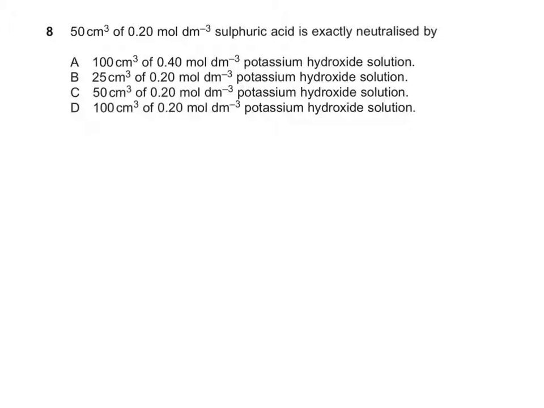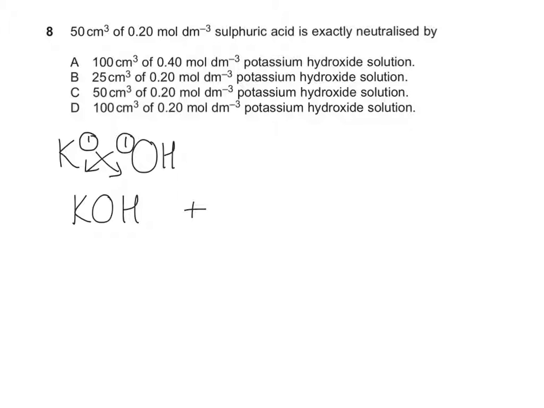So we're used to writing our alkali first, so our metal hydroxide first, so we will do that. So potassium hydroxide, if you need to do your swap and drop, then do that. Potassium is group 1, so it has a valency of 1. Hydroxide, its charge is minus, and so it has a valency of 1 as well. So if we swap and drop that, we can see that we've got KOH plus sulfuric acid, which is H2SO4,